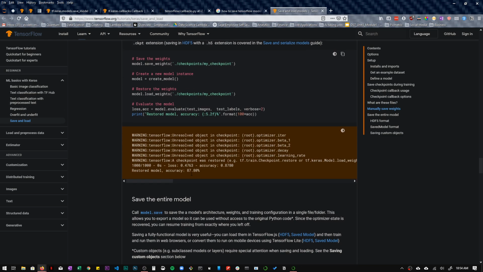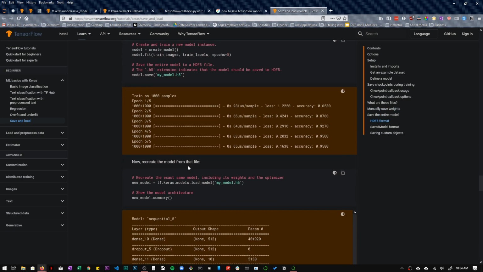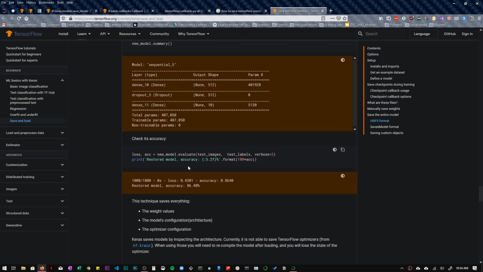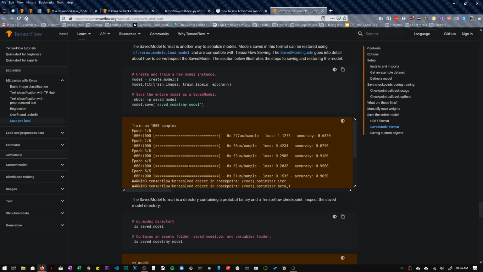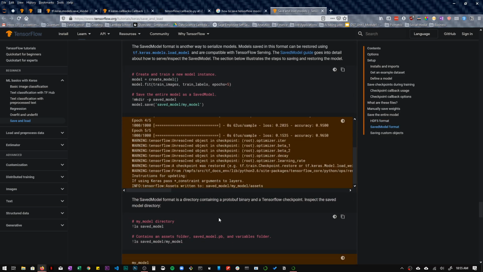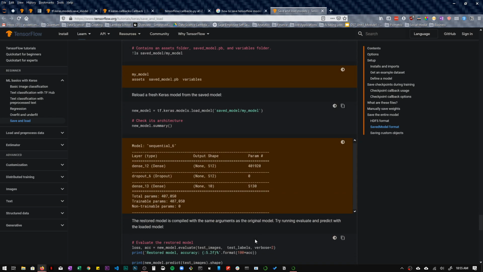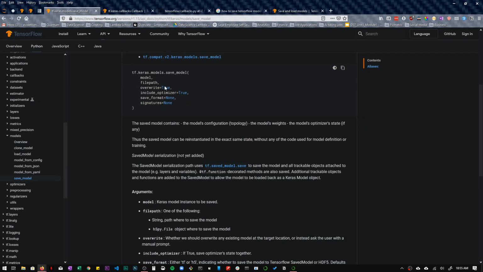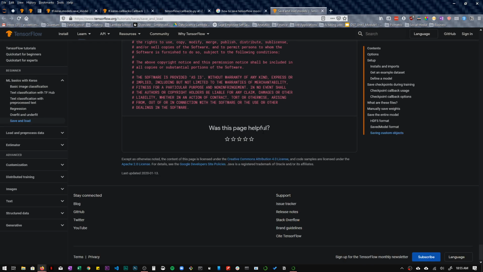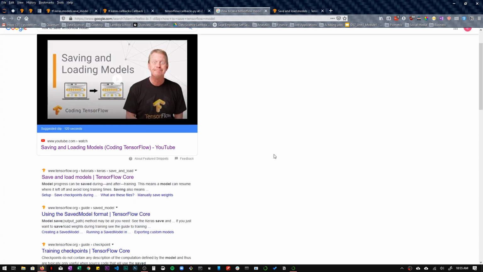I want to see how to use this. This is kind of showing how to use a checkpoint to save the model. So models.save_model. I want to see an example of how to use this, not how to. Let's go back here and see.